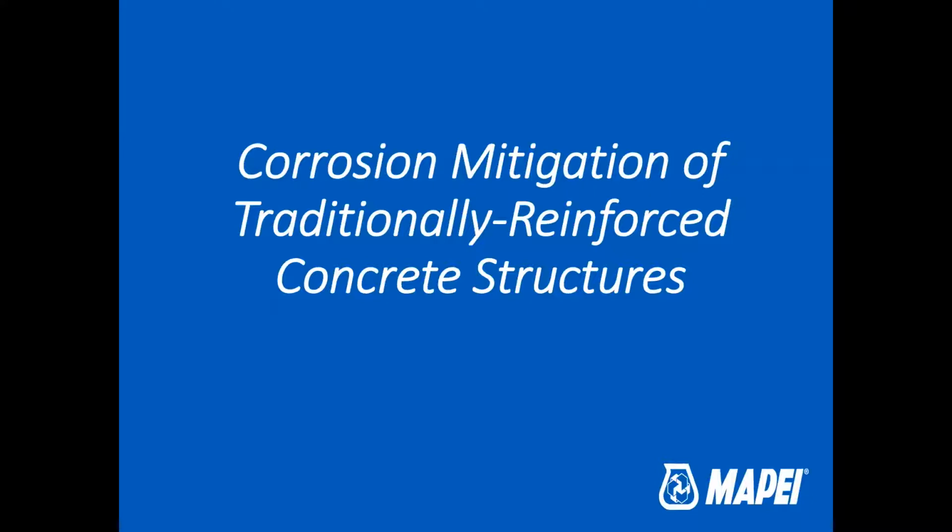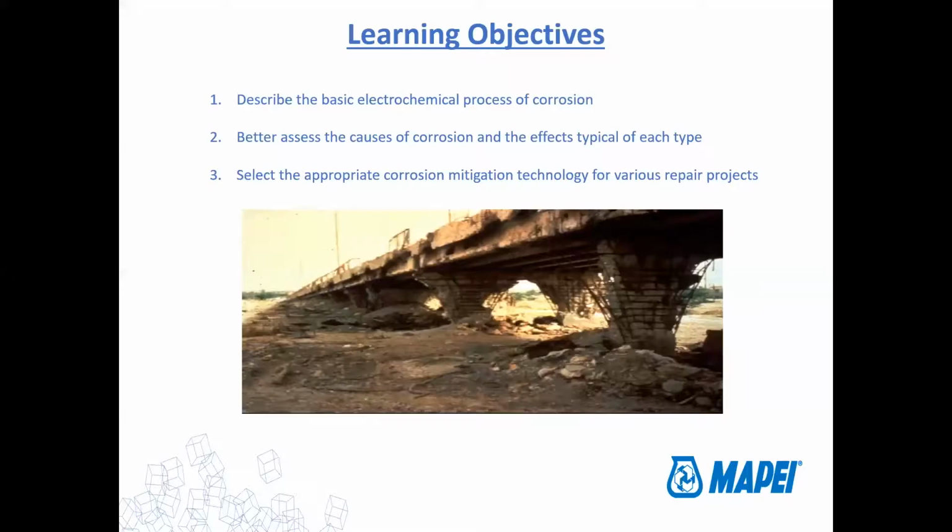But we're going to basically be talking about the basics, just real basics of corrosion. Not a real deep dive into the chemistry of it, because it would take too much time, and really it's pretty complicated anyhow. But you have to have a basic understanding of the corrosion process in order to better assess what may be causing your corrosion, what effects to look for, the different types of corrosion that may be happening, and then finally to select the appropriate mitigation technology for your various repair projects,